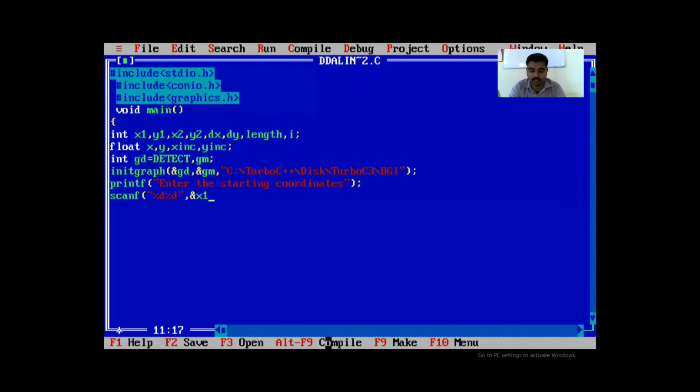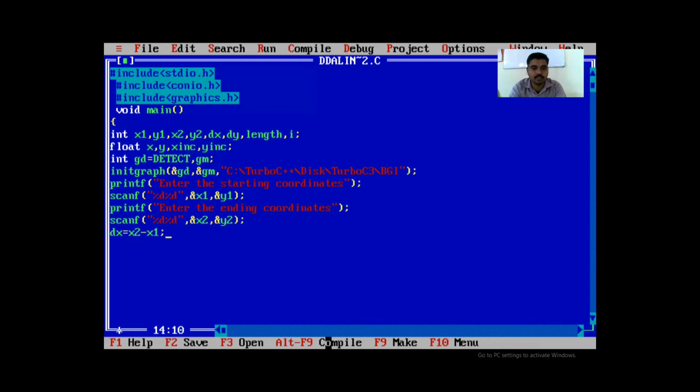Here I am accepting the values from the user. The start coordinates are accepted by the x1 and y1 variables. Then I am giving the message, that is, enter ending coordinates, and the values are accepted in the x2 and y2 variables.